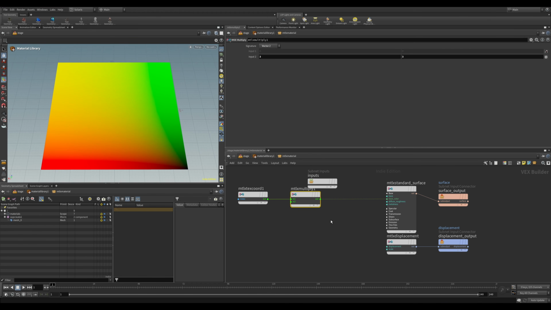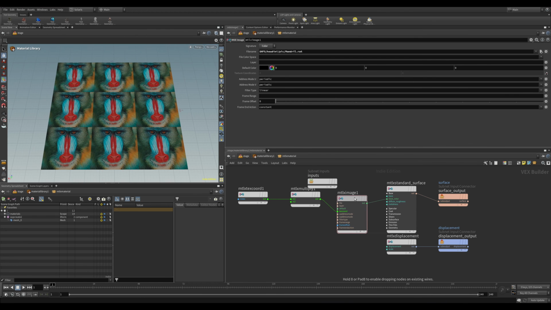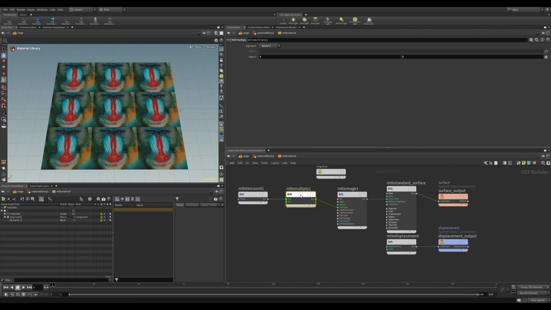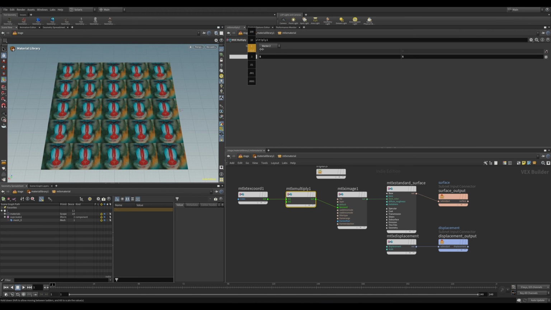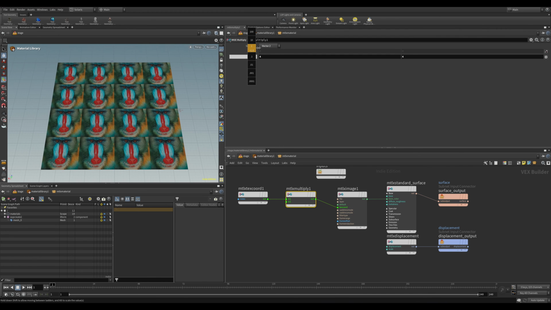So next, let's bring an image in. I'll use the image node. And let's use an image path here. I'll connect the output of the multiply to the texture coordinates of the image, and the output of the image goes into base color of the surface. And here we can see how our tiling is working. So as I go back to the multiply node and change this input 2 value, it'll change the tiling for our texture. Okay, so I'm going to leave this at 4x4 for now, and I'll rename this to UV tiling so we know exactly what this node is doing.